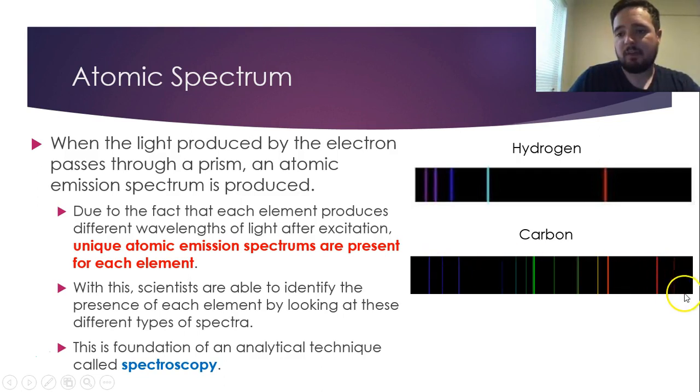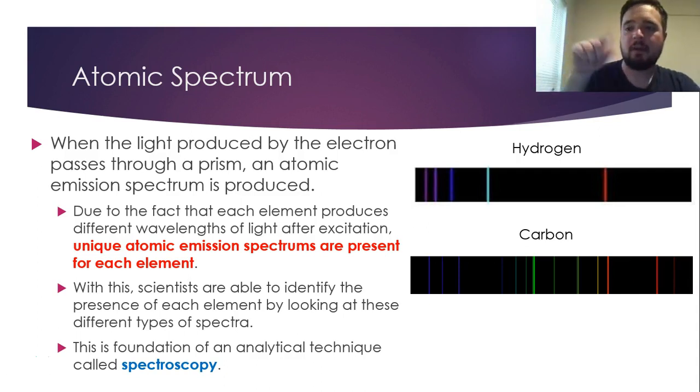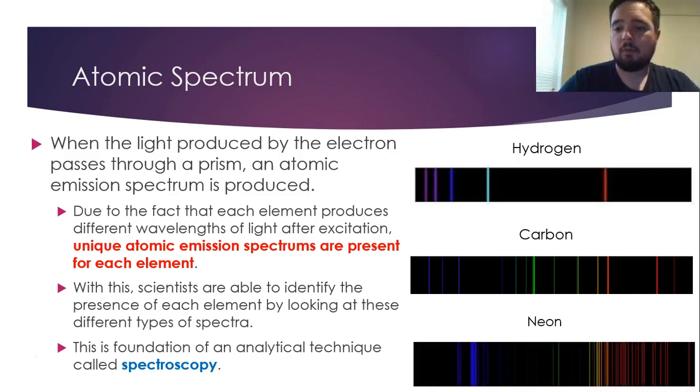So if I have this and I was lining it up with something that I had from an instrument, I can deduce, based off the position of those lines in regards to wavelengths, and say, oh, there's carbon in this compound. Neon also, being a noble gas and a little bit higher than carbon in regards to electrons,